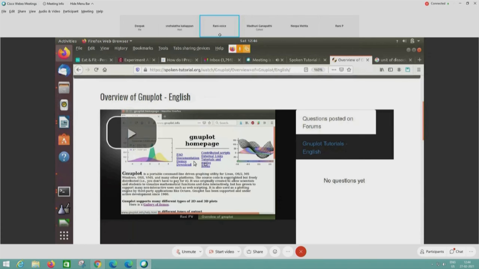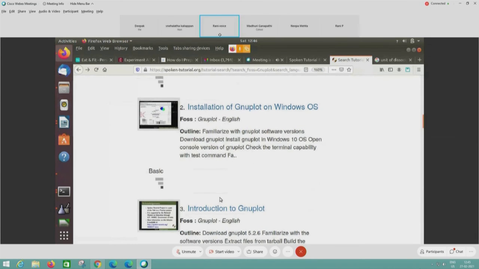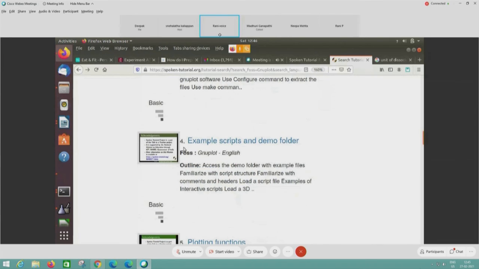So the example page here, the mesh here and the surface is plotted using GNUplot, and it's one of the most popular programs used in science and engineering. In the second and third tutorials, we will install GNUplot for Windows users and Linux users, and we will get GNUplot started up and working. Then we will show you about the example scripts that are available for learners to use. There are demonstration folders that we can learn from. We will familiarize with all those.